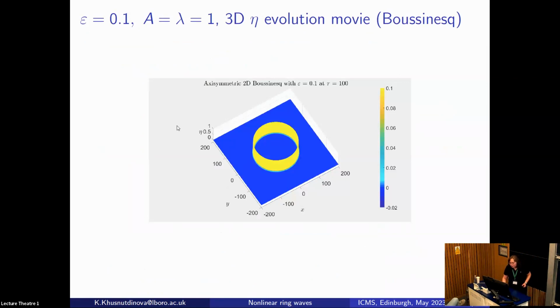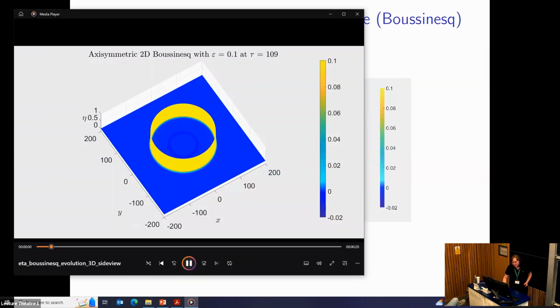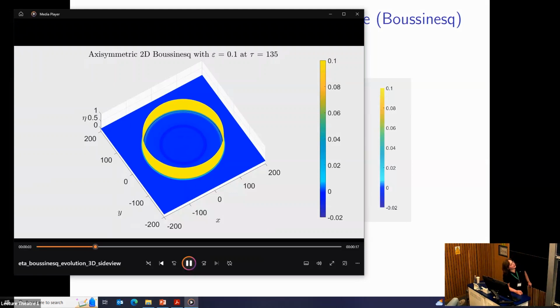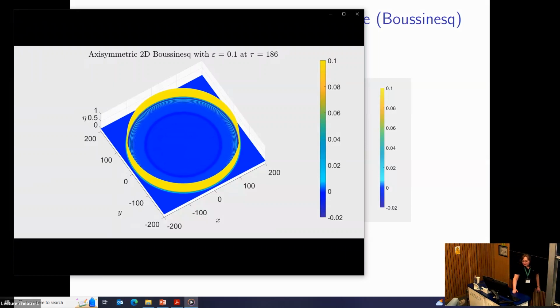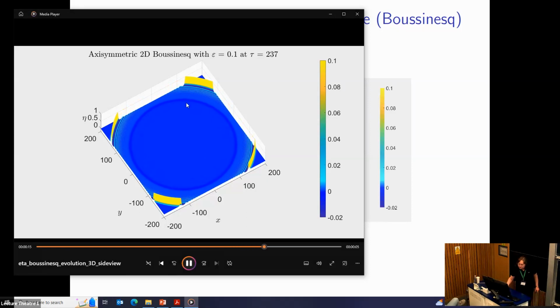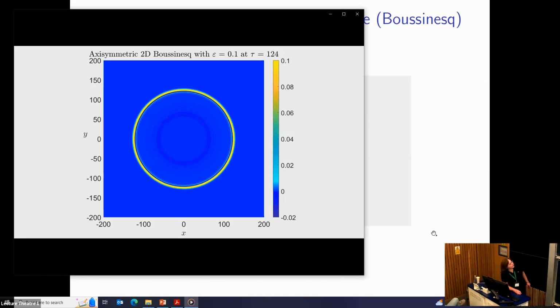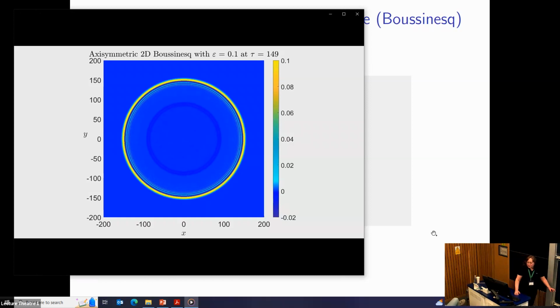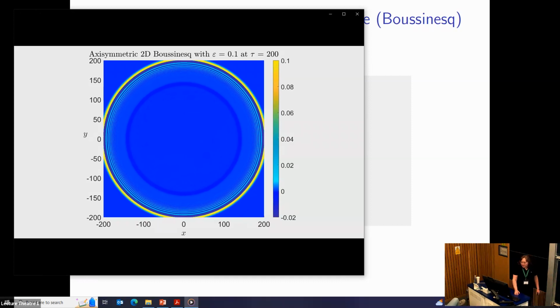So let me show you how this looks. The wave starts propagating, and behind the leading wave, the soliton, we see the emergence of some oscillations. As the wave starts leaving the domain, if you look at the boundary, you can see the structure of these waves. And it certainly also makes sense to have a top-down view. Let's have a look at how it propagates. There is a ring wave, no current, so these are just concentric waves, and a structure appears behind the lead solitary wave.